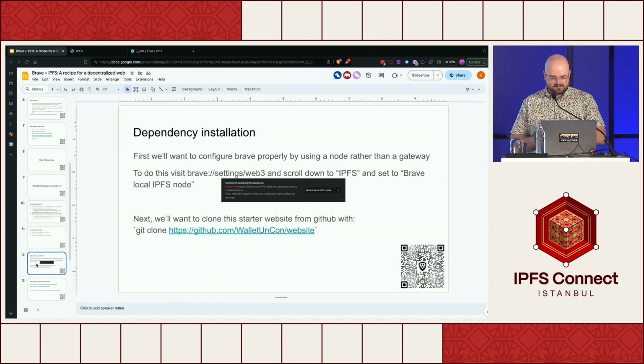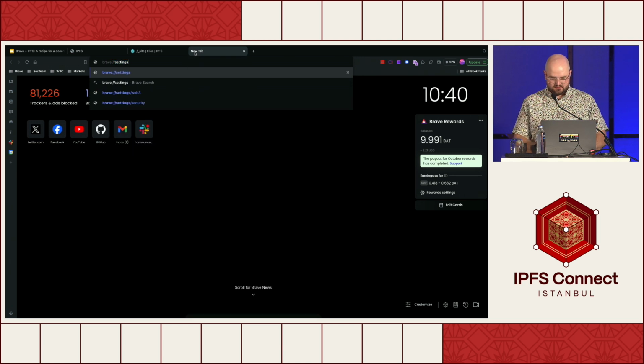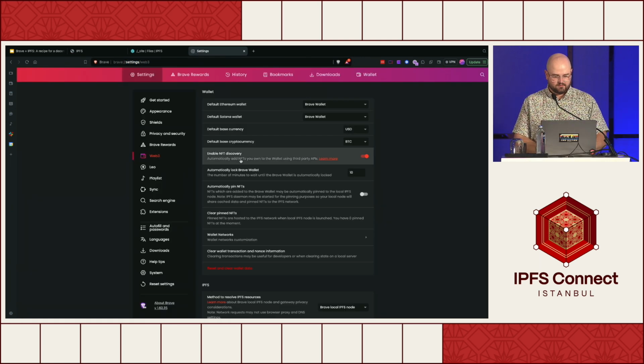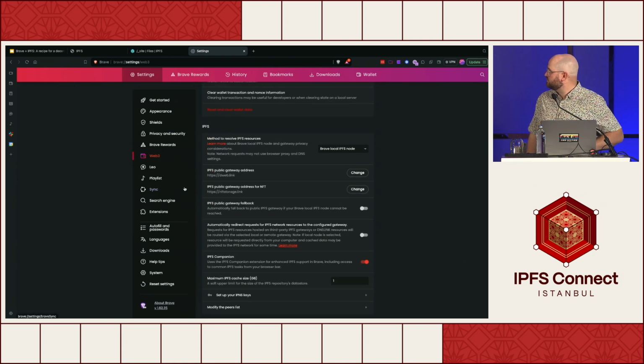So the first part is dependency installation. First we'll want to configure Brave properly by using a node rather than a gateway. This makes it easier to deploy this stuff. The way we do this is we go to brave://settings/web3. Once you're in here, there's a whole slew of IPFS configurations you can set up.